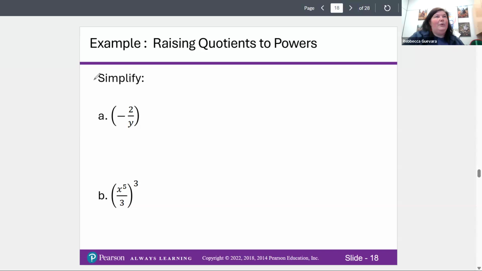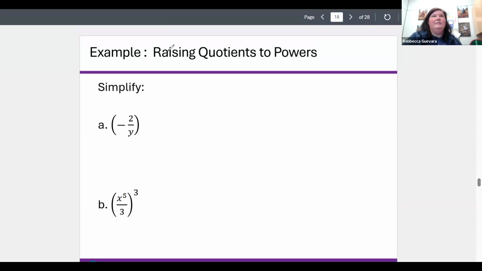I think I had a power missing here. Okay. Sometimes when I turn these into PDFs, things disappear. Let us put a power of negative 2 on this. So negative,